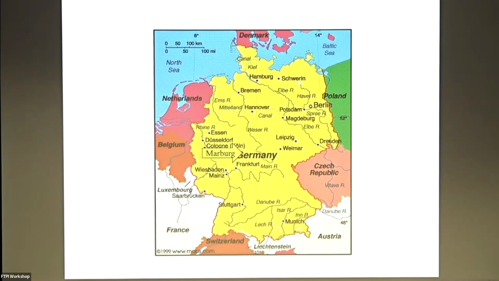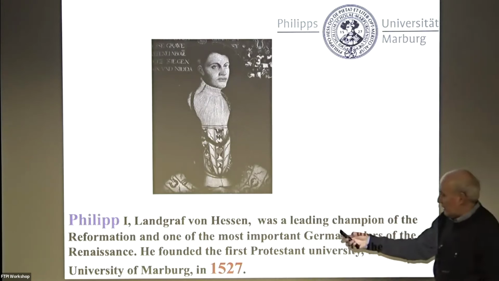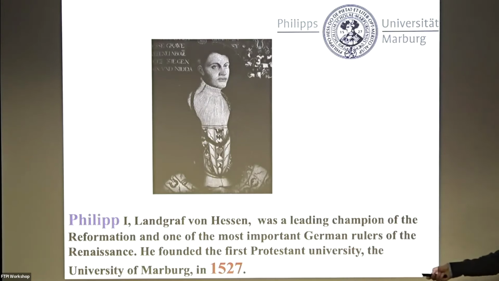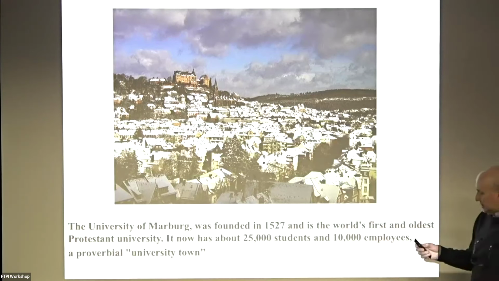Why do we have two P's? Because this guy founded our university exactly in the 16th century. You see, in 3 years, we are going to celebrate the 500 years anniversary of our university. And that's how Marburg looked like at this moment. It has never been reconstructed. The government never had money for that. So they just renovated the already existing buildings.